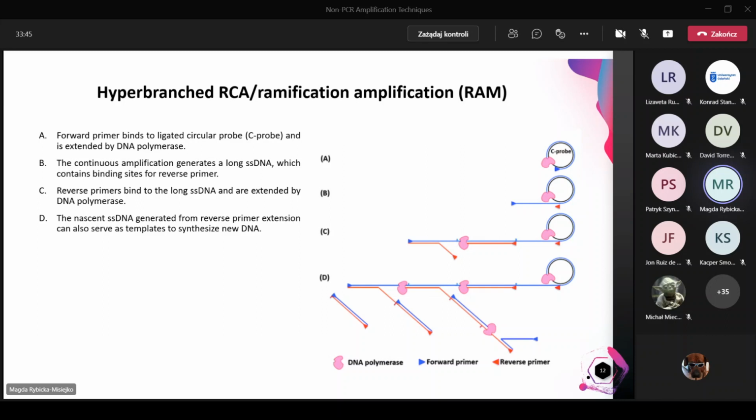After generation of a long single-stranded DNA that contains binding sites for the reverse primer, the reverse primer binds to this product and is extended by DNA polymerase. And the nascent single-stranded DNA generated from reverse primer extension can serve as a template to synthesize new